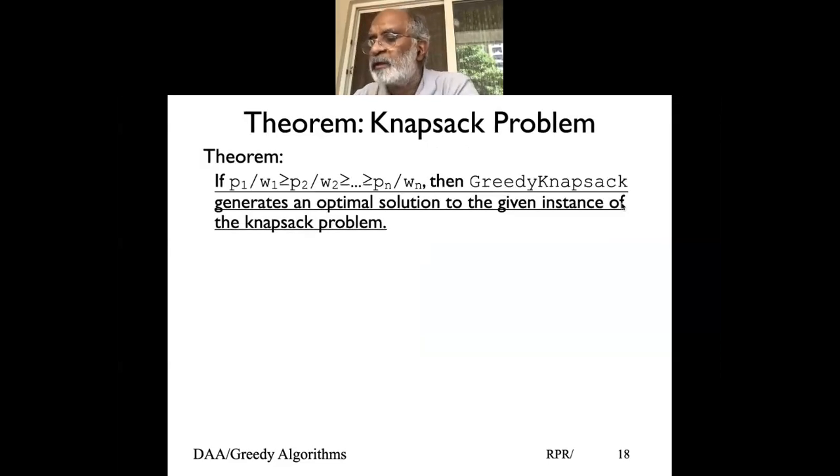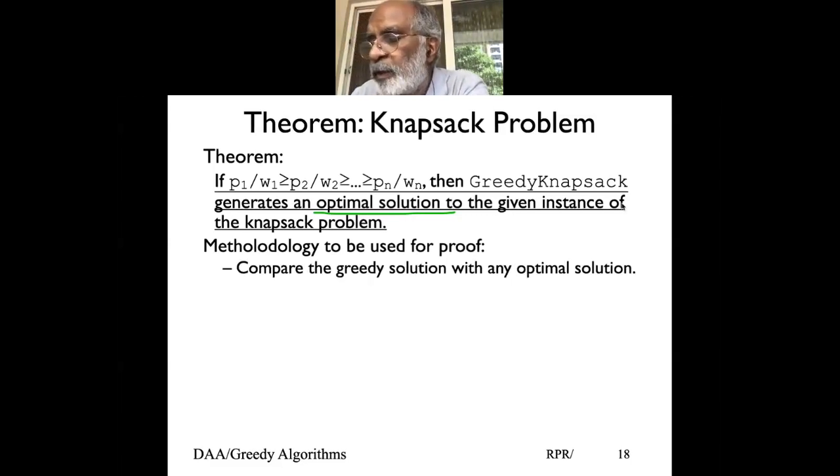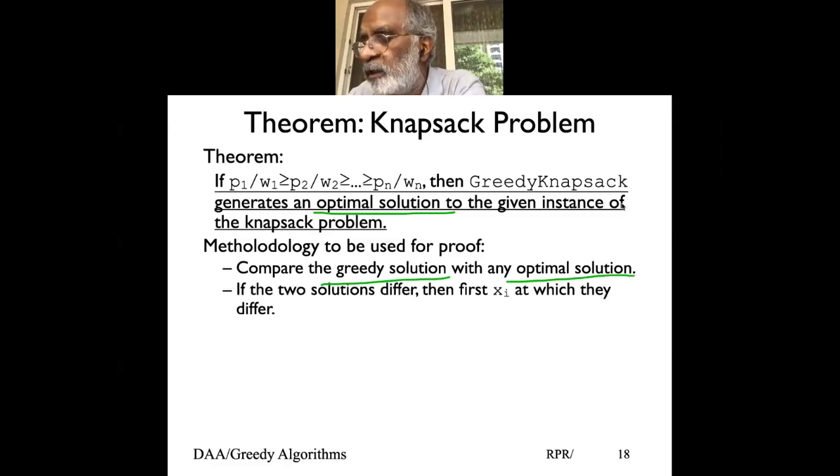And now we prove that, given this, the greedy knapsack generates an optimal solution. So how do we prove it? We take the methodology: let's assume that ours is not an optimal solution. So that means there does exist an optimal solution. If it exists, the two solutions are different, because if both were the same, then we are optimal. So assuming we are not optimal but there is an optimal solution, and there are two different solutions, they must differ. So look at the first xi,